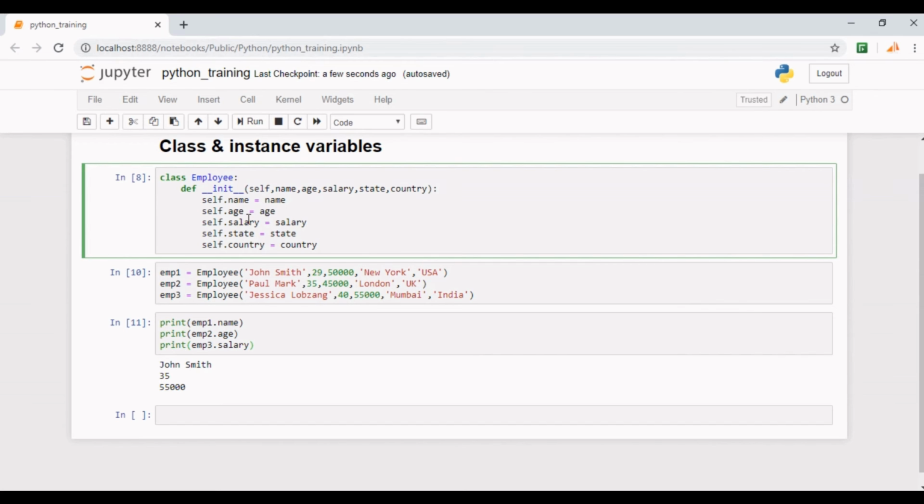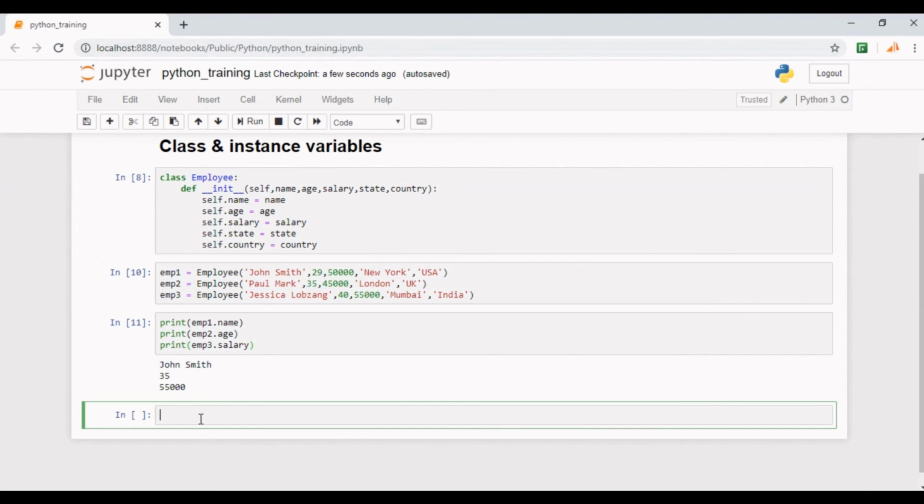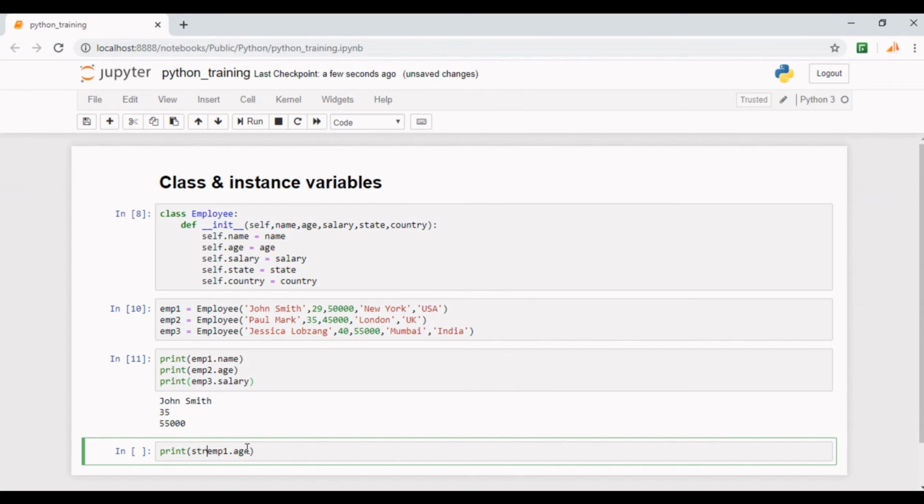Without using class and method, you can do it like this. Here we have created the email ID using string concatenation, and because emp1.age will be an integer, we have converted it into a string.